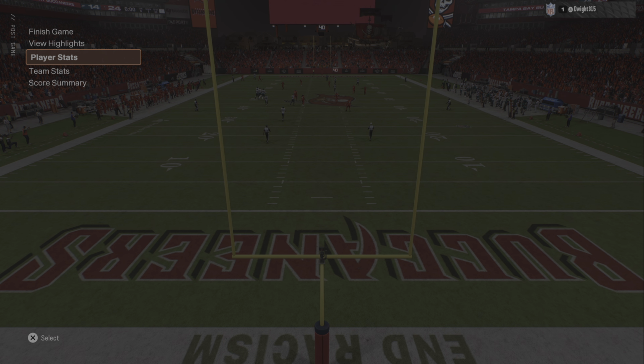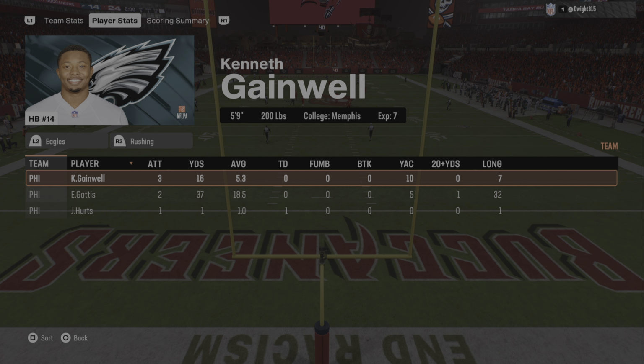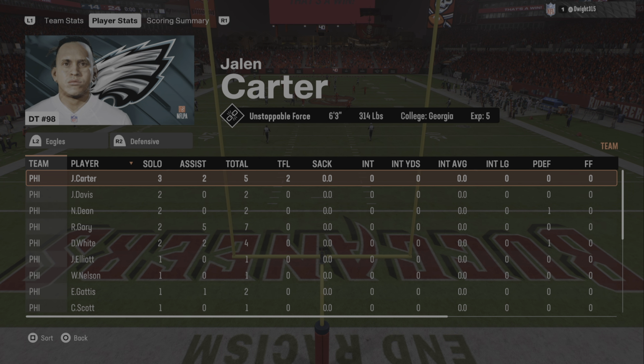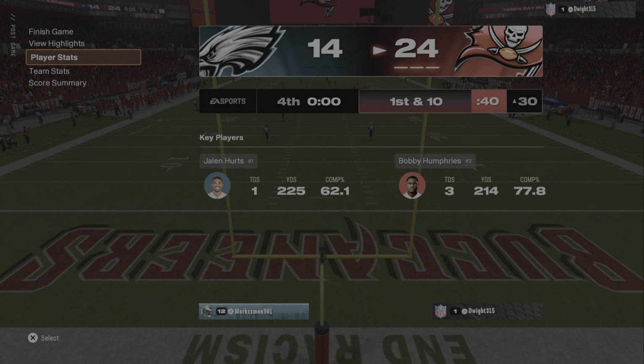So time has run out on what will be a Tampa Bay victory. And we talked so much about the turnover battle determining who wins and who loses. This game, no exception. They didn't turn the ball over at all, and they go on to victory. They look like a smooth operation in this one, didn't they? Because you look at every facet of the game, they handled their business. Offense